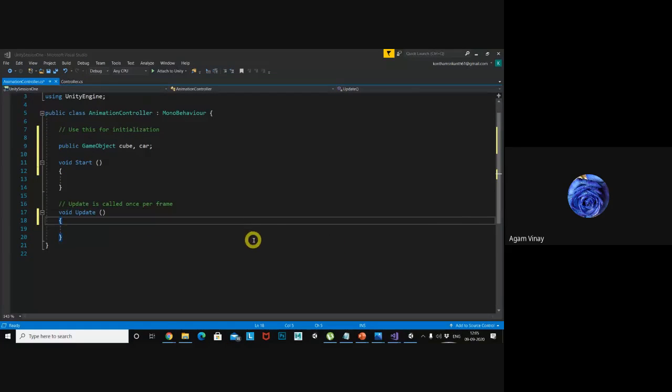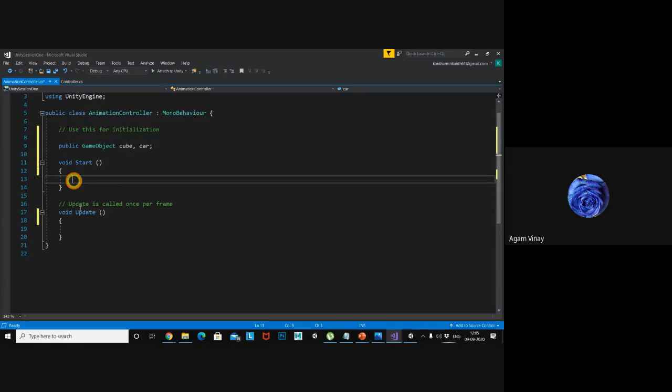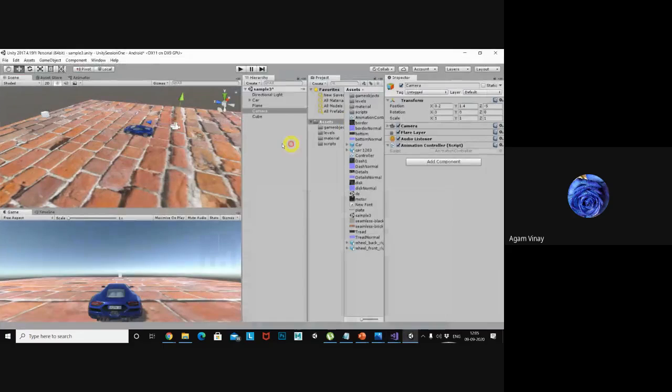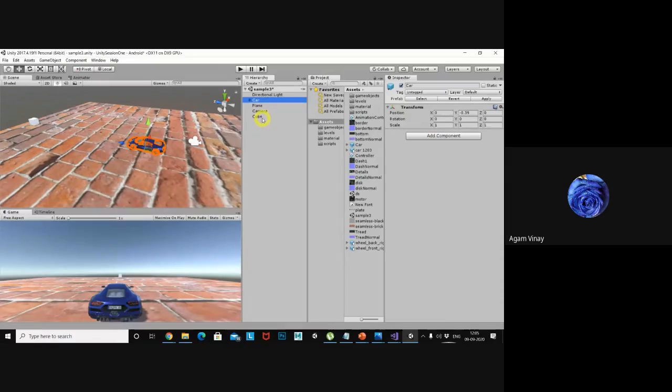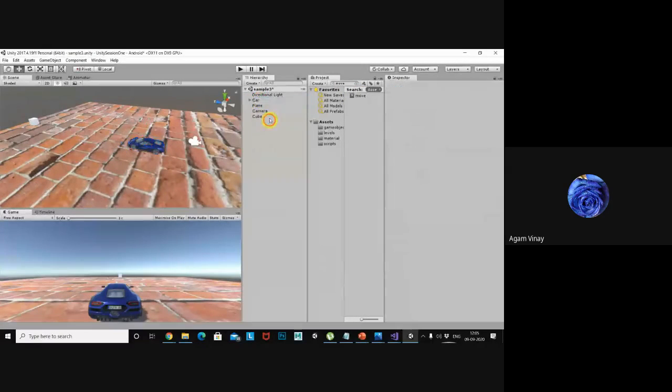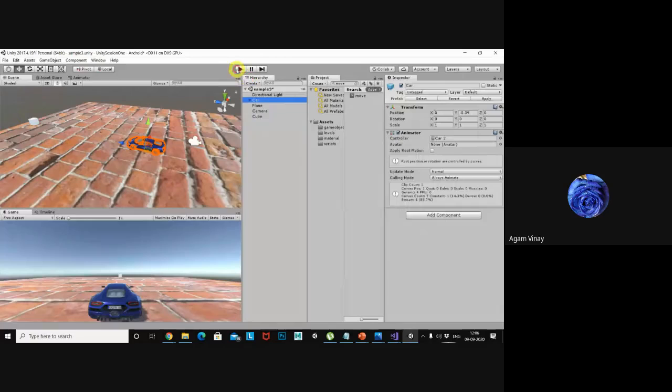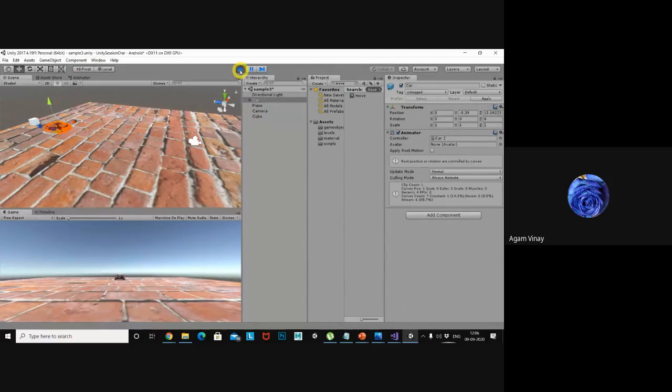So here my requirement is whenever I click, then only the animation should play. As yesterday we did some small scripting, right? Like that only. I need to access the animator of this car and cube. So the car animator is move, right? This is the car animation. Let me check whether the car and cube are animating or not first. So the car and cube are animating.